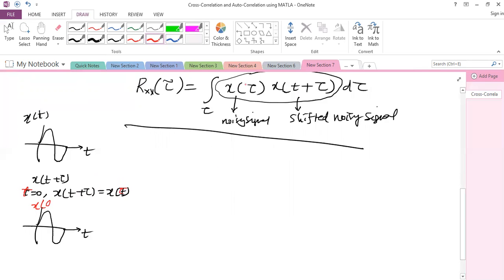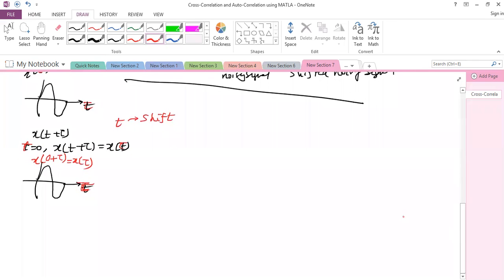Yes, small correction. Here we have to change the scale, from the t scale to the tau scale. So this is the tau scale. t is the shift amount, and the scale is tau. On the tau scale, the shift is t. So the t shift is 0. So 0 plus tau is x of tau. It is x of tau only. Now what we get is